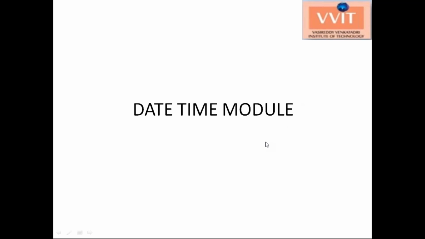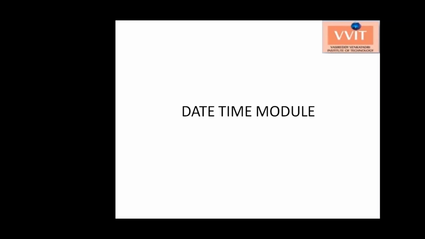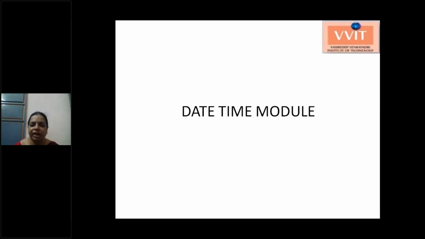Okay, datetime module. Using this module, we can find out the system date and time, and we can also modify those date and time values. That is, we can use the date and time in our programs, but we cannot modify the system date and time. You can retrieve the system date and time from the system using this module, and we can use the date and time within our programs. Displaying a date and time and displaying different things, that we can do with the datetime module.